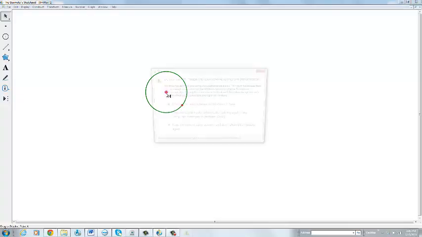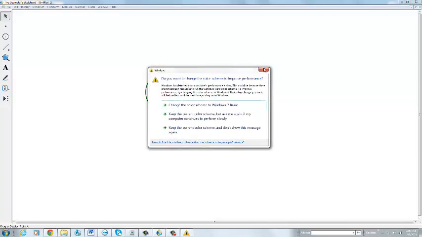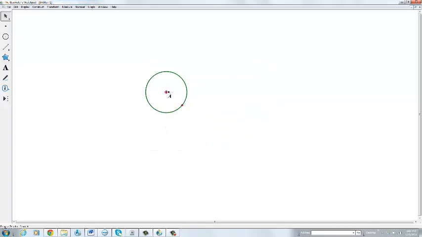And I need to go back to the arrow and click on A so that it is now not highlighted. So if I want to name this point, I right click, show label, and then I need to make sure the arrow is highlighted. I highlight that, and